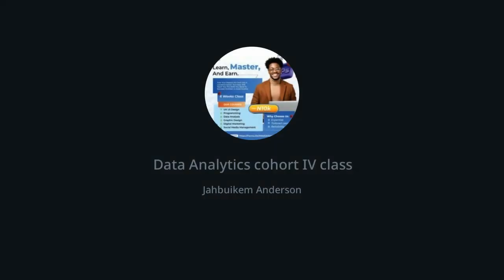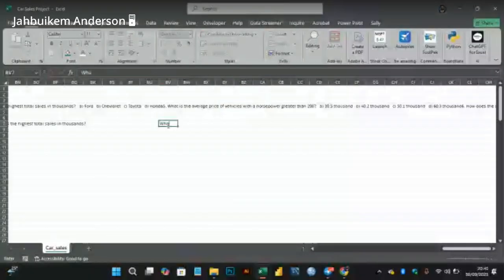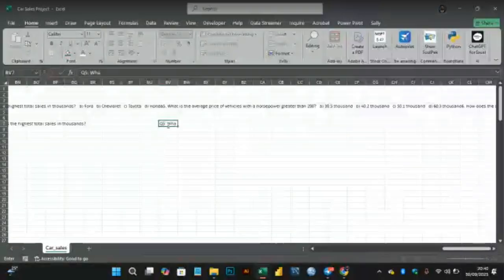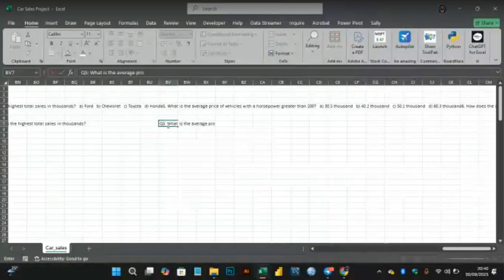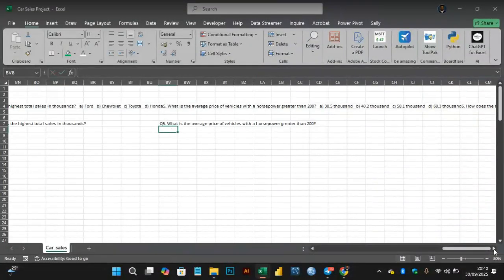Vehicles that are greater than 200. Question number 5: What is the average price of vehicles with a horsepower greater than 200? And the last question, number 6,